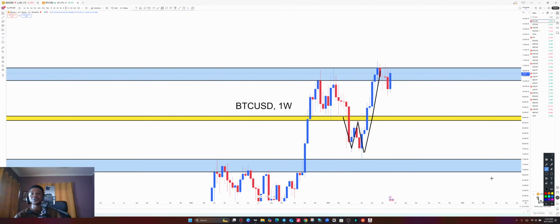It broke above, giving us what? An uptrend. As an uptrend, we've seen that it has created a higher high here. It has come back for a higher low. It is continuously moving all the way up, and we can also spot that price has given us a bullish engulfing candle, which is forming at the moment, which means there's going to be more buy pressure to continuously press the market to the upside.